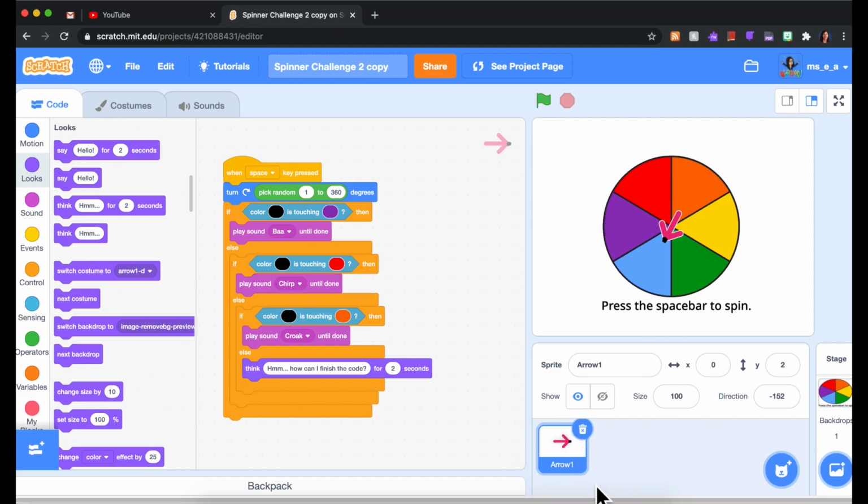It has one sprite, which is this arrow right here. And it has one backdrop, which is the colorful graphic of the spinner. So how it works is when the space key is pressed, the arrow is going to turn a random amount of degrees between 1 and 360. So it will randomly point to one of the colors on our spinner, which is what we want. And then we have a series of conditional statements. And that's these orange blocks, these if-else blocks that let the computer, the code, check which color the spinner is